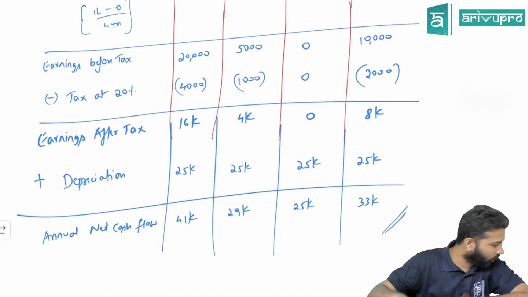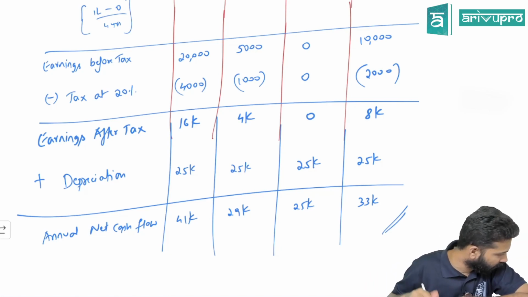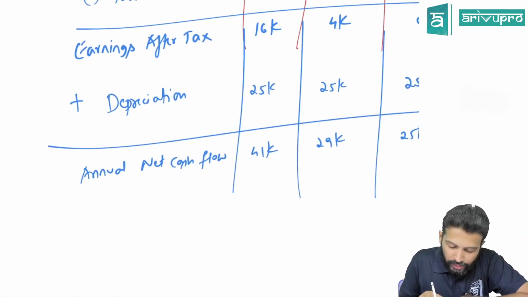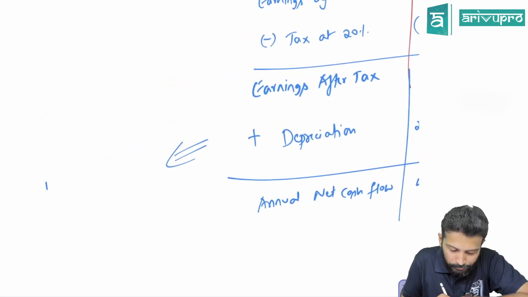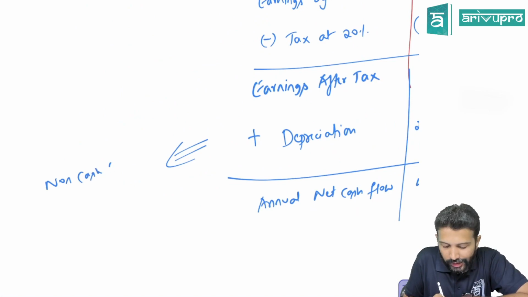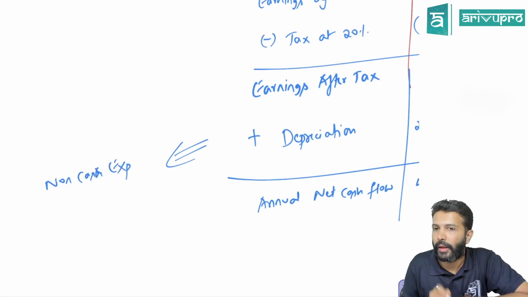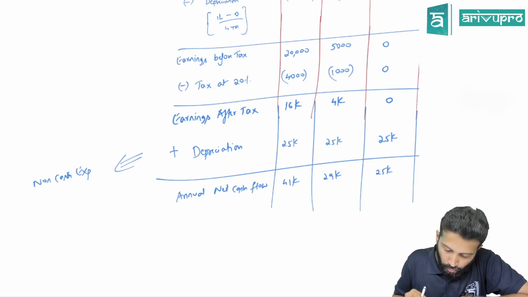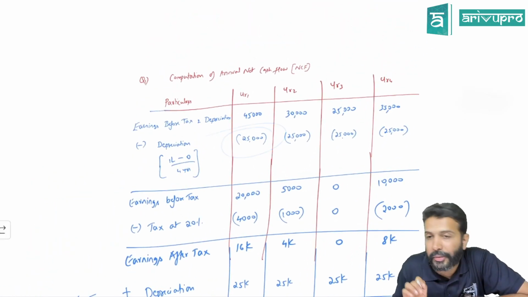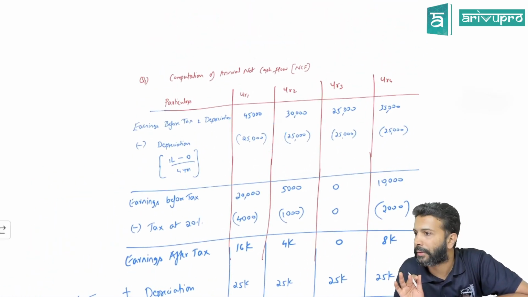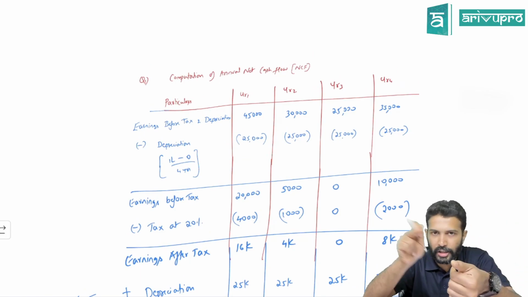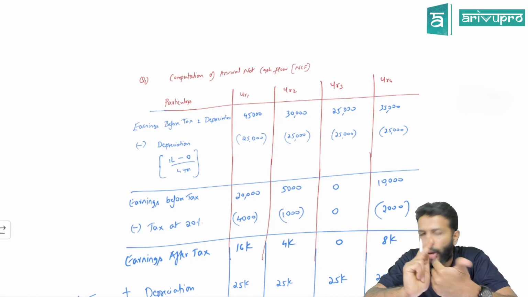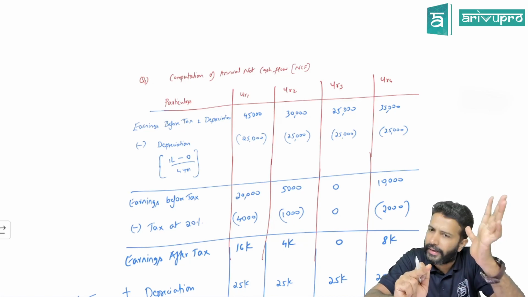Depreciation: many good right answers are coming online also. That's awesome. You add back depreciation because depreciation is a non-cash expenditure. Meaning, you deducted 25,000 depreciation here. Inflow means whenever you're calculating cash flows, I'll show it as a positive number. Outflow means I'll show it as a negative number.